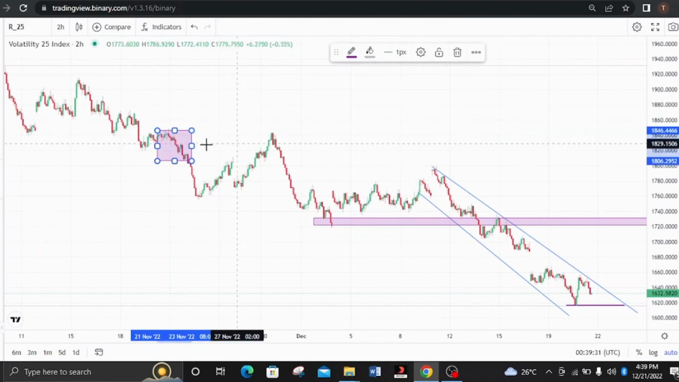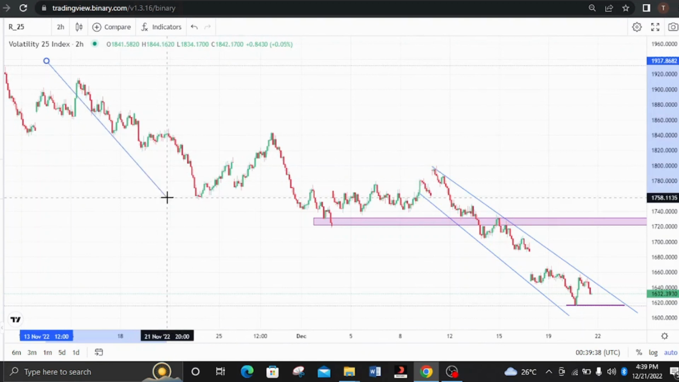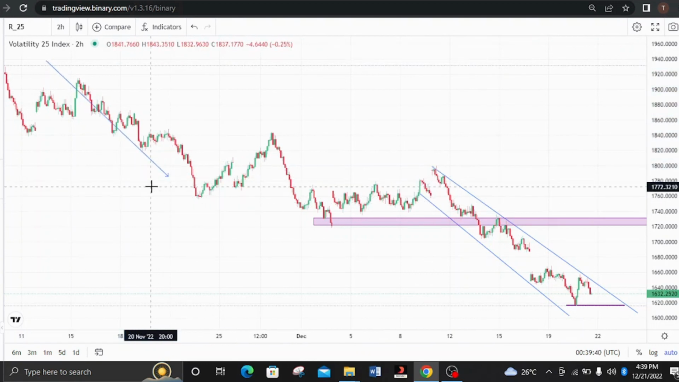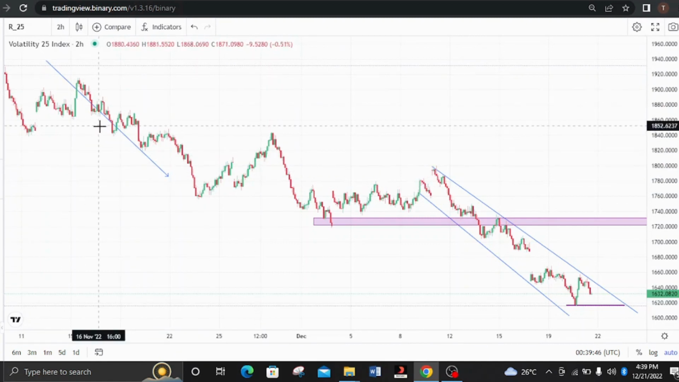You can see that, okay, let me delete this. You can see that the overall trend is bearish, right? So the market was pushing to the downside. And then what happened? We had a retest on this level, giving us a little retracement to the top, and